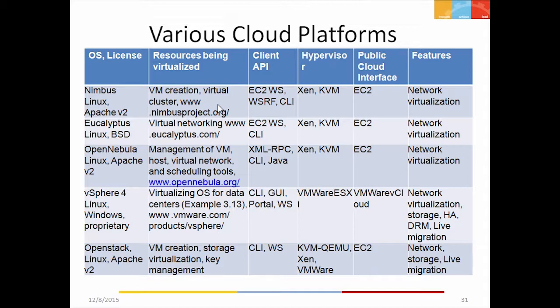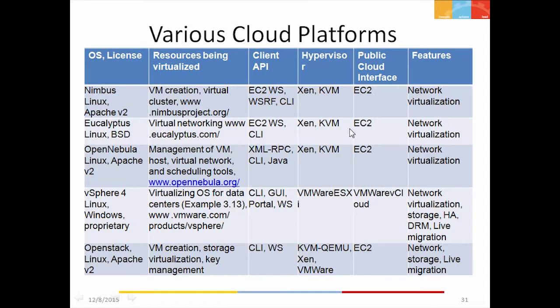Eucalyptus is one more open source cloud manager. It uses Linux, and it uses the BSD license. It can be found at www.eucalyptus.com. Very similar to Nimbus, it provides the EC2 web services API.